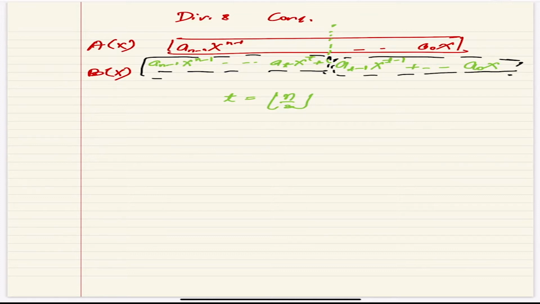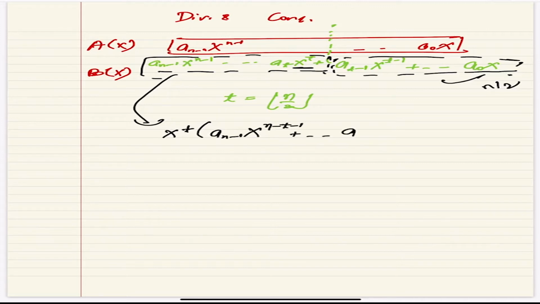Okay. Now I want to make sure that they are of the same size. I mean the size here is the order of the polynomial. That should be close to n by 2. Now this is n by 2 order, but this I cannot say because the power goes up to n minus 1, right? So to make it also of order n by 2, I can take x^t common across. So I will further simplify it as x^t common, a_{n-1}x^{n-t-1} up to a_t. Right? Now this n minus t minus 1 is also of the order of n by 2 because t is n by 2.